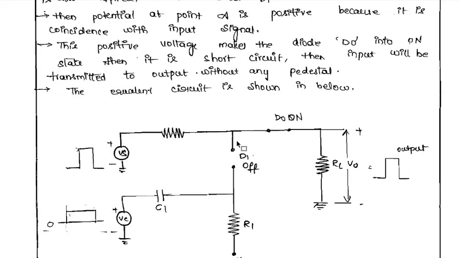So when this is given to your diode D0, it will be in the off condition, because the potential at this point A, this is your point A, will be in the positive part and it will be coinciding with your input signal. So what is your input signal? This is your positive part, or the positive peak we are transmitting. It is off, you are not getting any kind of output from here. So from here the positive part is given to your diode D0.